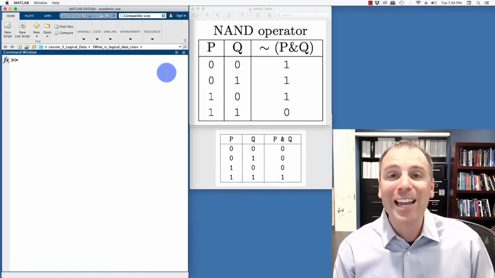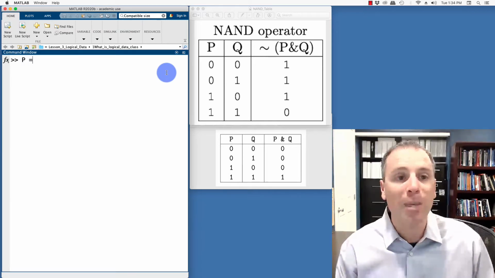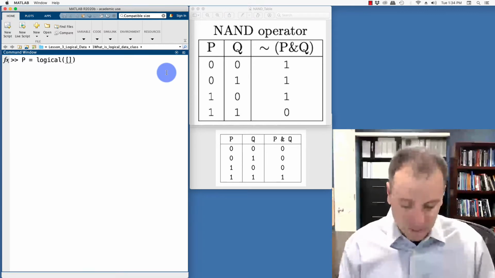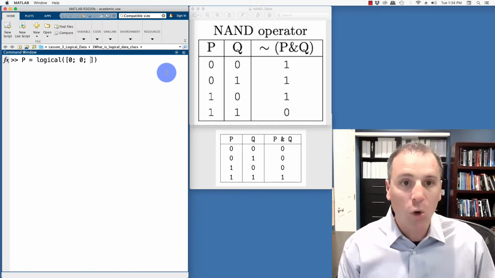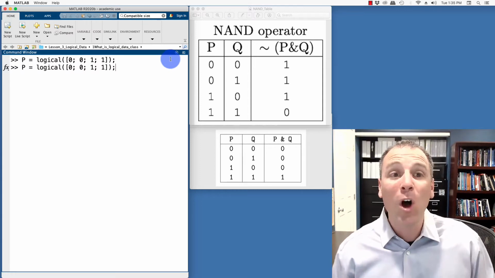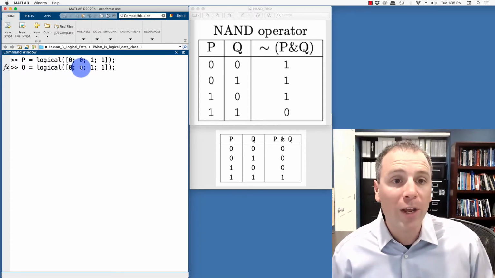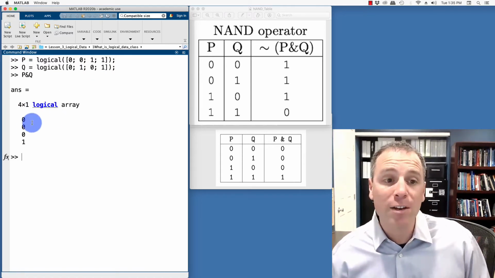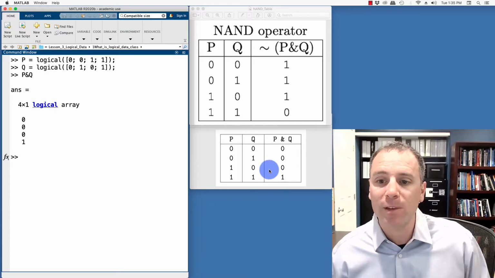In MATLAB, we can get that by combining operations together, as we've seen in previous videos. Let's define P to be the logical column vector, and we'll say that this is 0, 0, 1, 1. We'll also define Q to be the appropriate column vector, so this is 0, 1, 0, 1. When I push enter, remember, P and Q takes the and of those two things, which is exactly what we expect in the truth table.